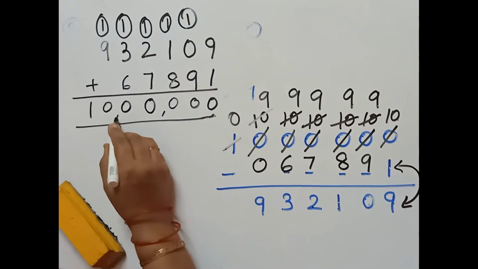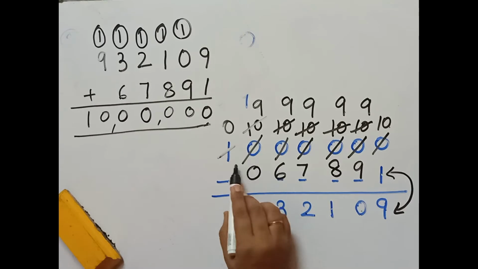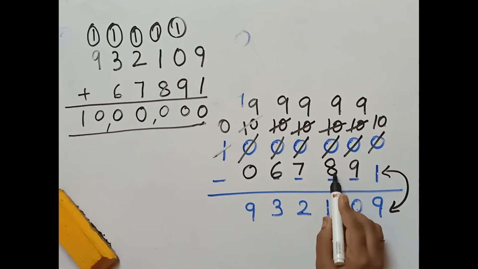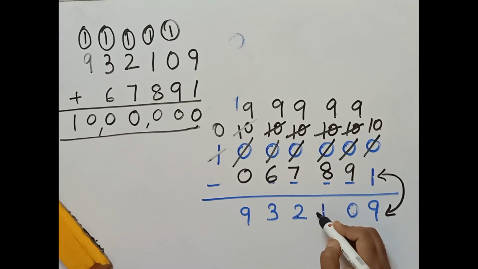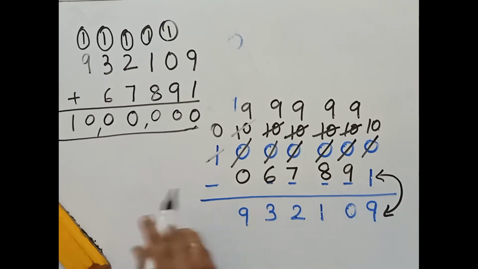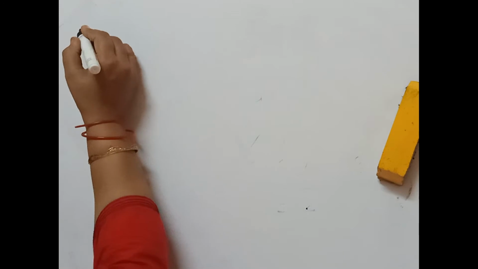So what is my answer? 10 lakh. So I am getting answer 10 lakh, same. So it means I have done my subtraction correctly and very clearly. Now we will move to the third question. Now the third question is that